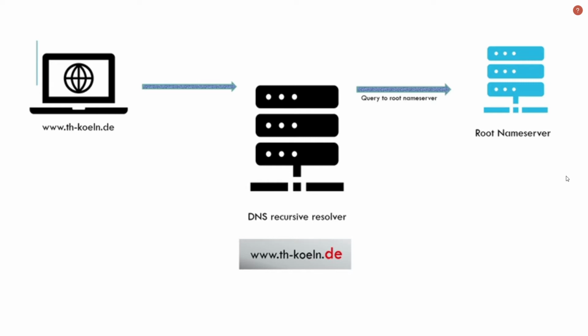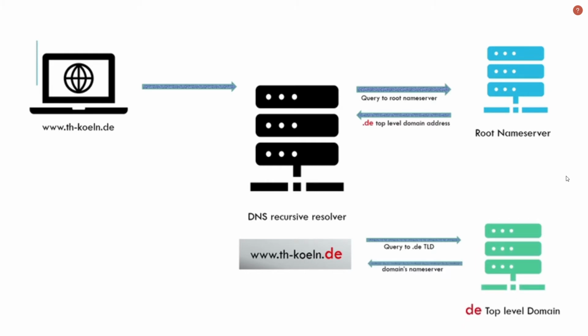The root name server is the first step in translating human readable host names into IP addresses. It can be thought of like an index in a library that points to different racks of books. Typically, it serves as a reference to other more specific locations. The root name server gives as a response the location of the top level domain address, that is the .de in our case. Next, the query goes on to the .de top level domain and it gives the exact address